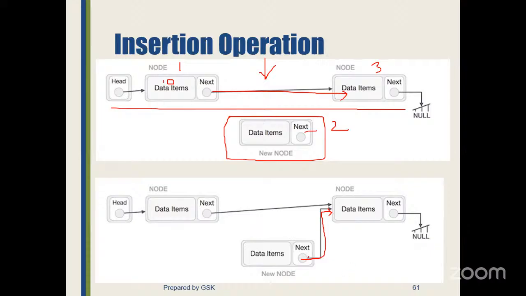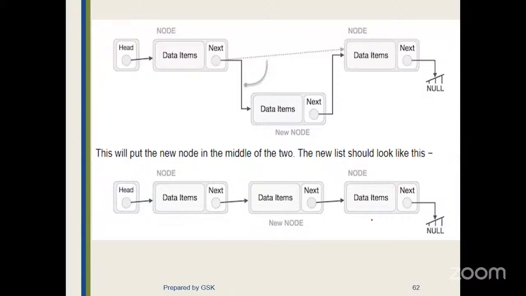You must attach the third node address to the second node link position. So this link must give the reference to the third node address in step one. So already this also gives the reference to the third node. Don't worry, right? Now in the next step, we are going to unlink this. Okay. We are going to remove this link, and now we are going to update the link at the node